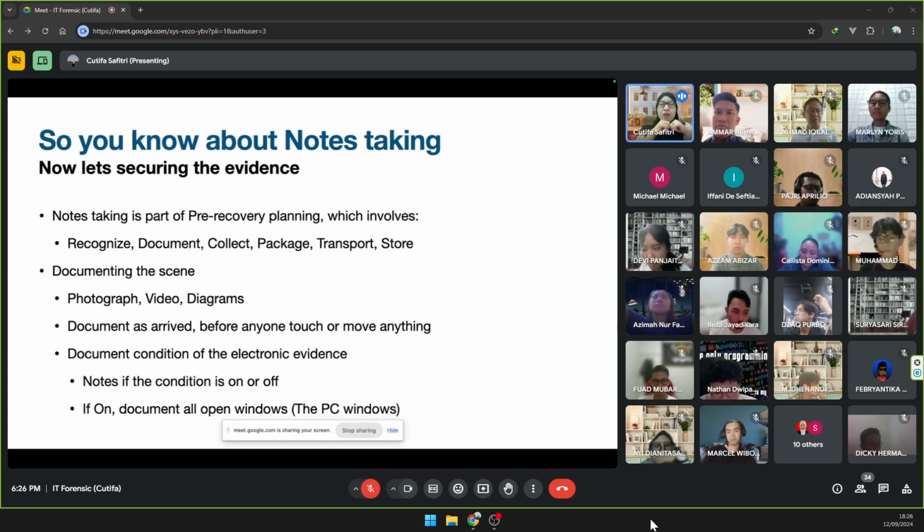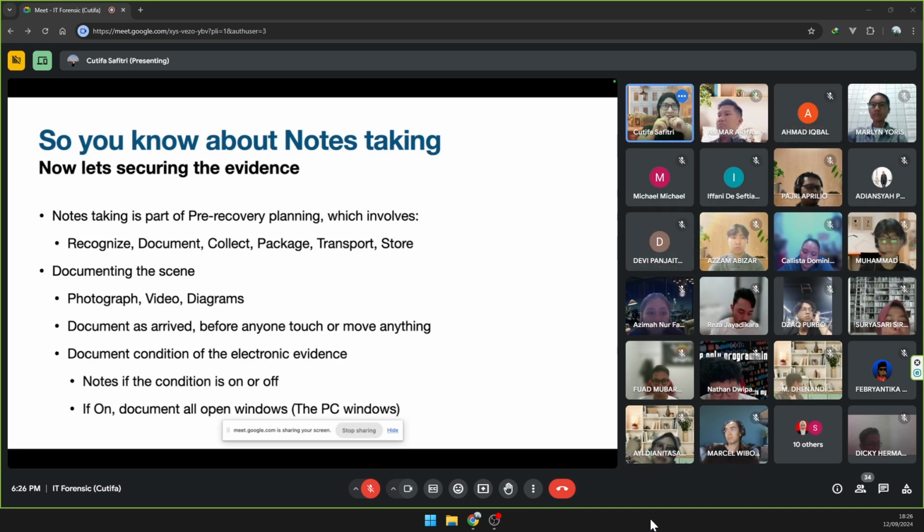It involves recognize, document, collect, package, transport, and store. Some of the objects of investigations nowadays are harder and harder to recognize. That's why when you walk into the crime scene, you need to perform a thorough documentation.